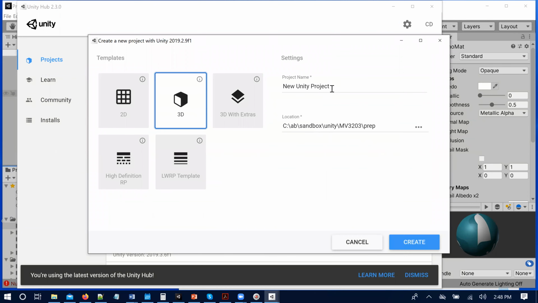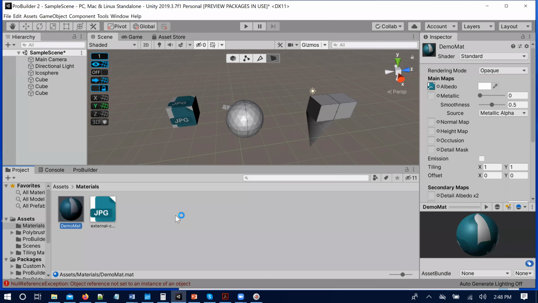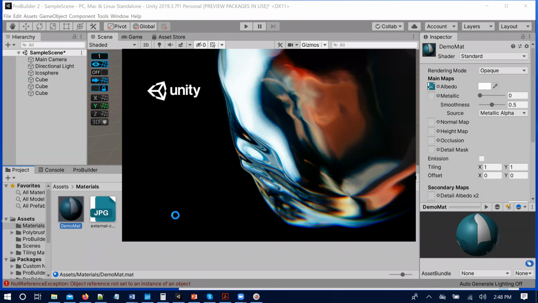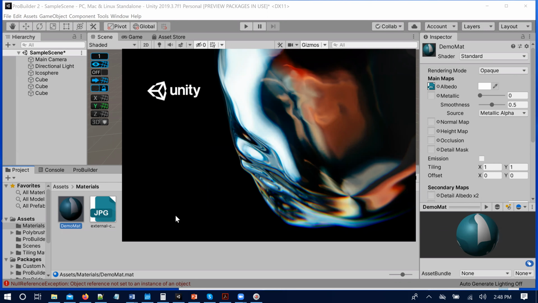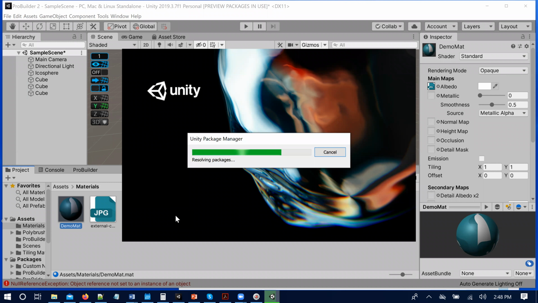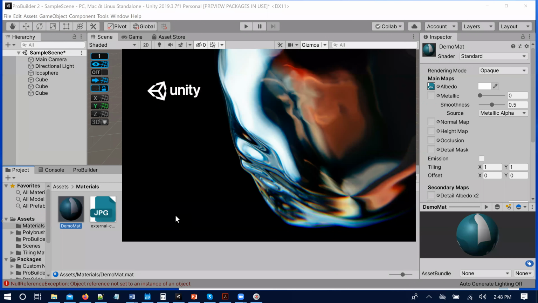And then it will prompt you and let you put the projects where you want them. Please find a good location for your projects for the course. They can be on the big side, so keep that in mind if you have multiple disks. You give your project a name, click Create, and then you will be thrown into a completely new blank Unity environment, which is normally the starting point.